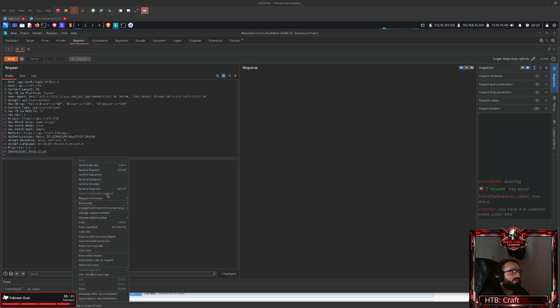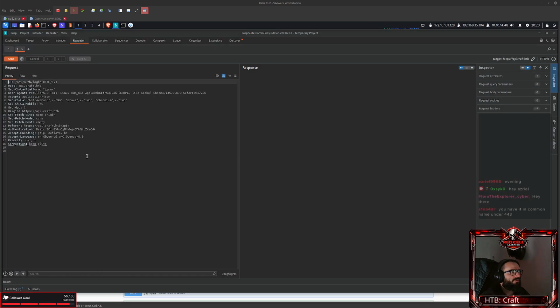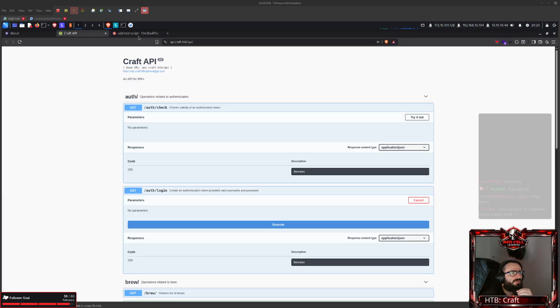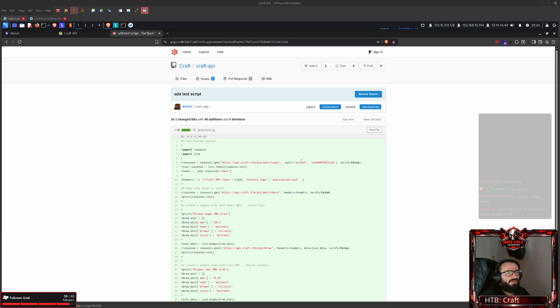Yeah, auth login. Authentication failed, so the username and password is not correct. In any case, let's add that to our